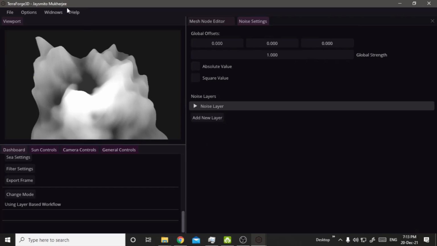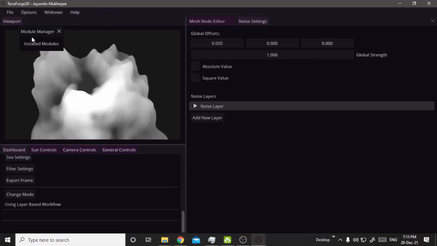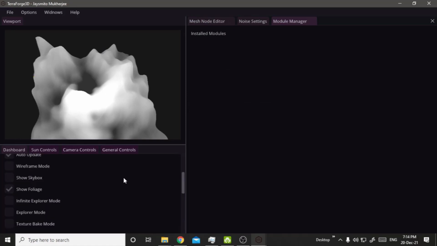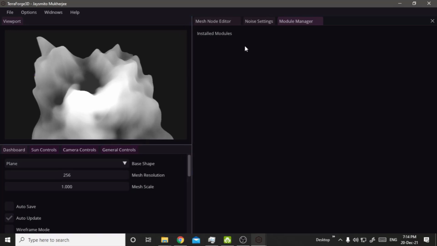The next big update is the module system. With the module system, now you can write your own modules in TerraForge3D. What I mean is you can write your own module to extend TerraForge3D and add functionality. This is like Blender's add-on system, but it's not that advanced yet. So what you can do with modules is, for example, install a module. There are three types of modules available with this version, and one type of module that is being